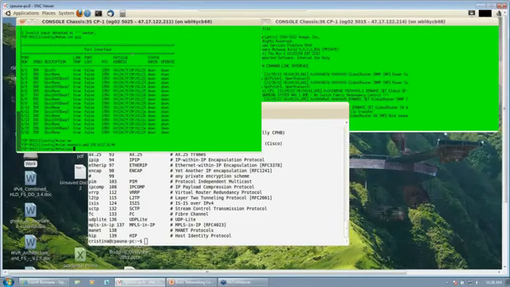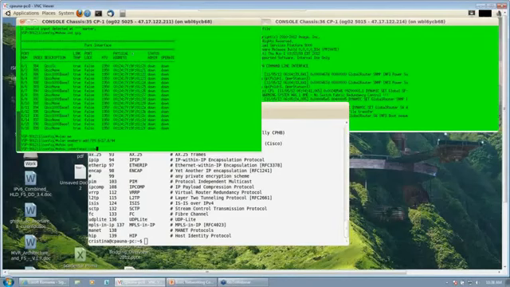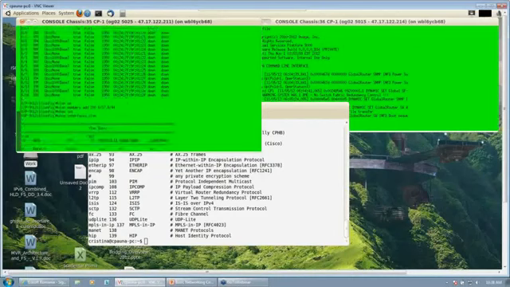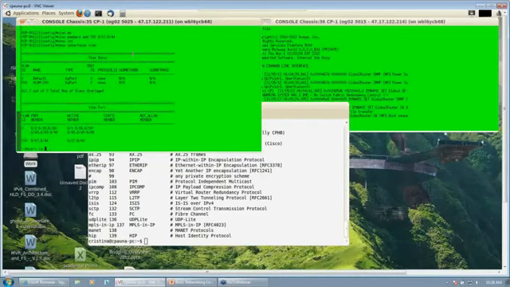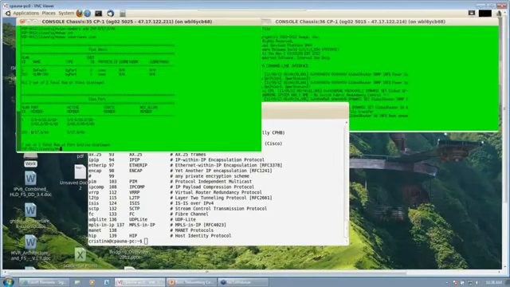Show interface VLAN will give us the 2 ports here. Now we see that we have them removed from the default VLAN, the 1, and put into VLAN 200. Okay, so now these 2 simple commands are used to create a VLAN and add some ports to it.